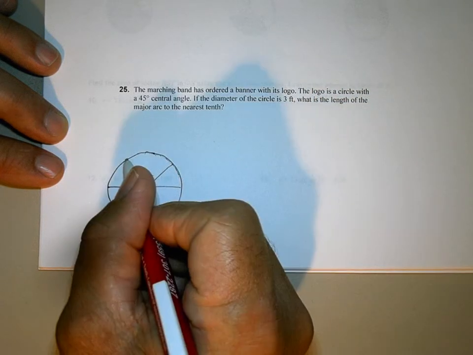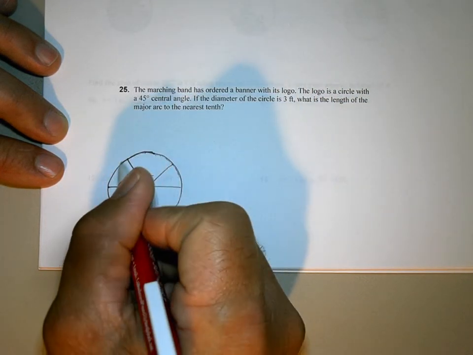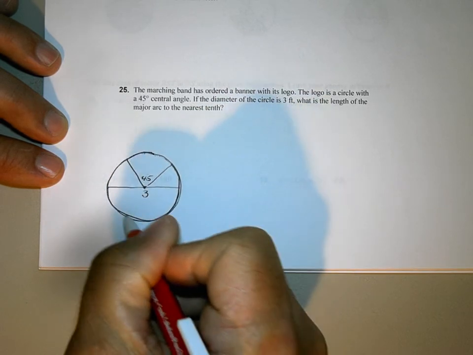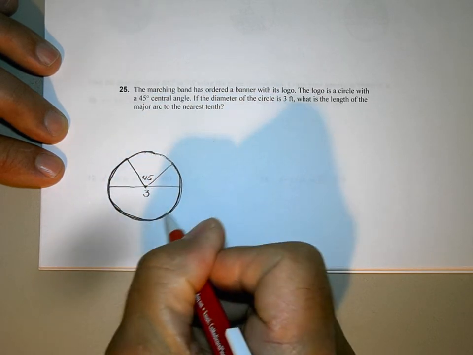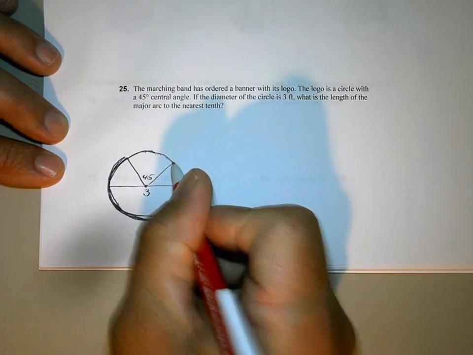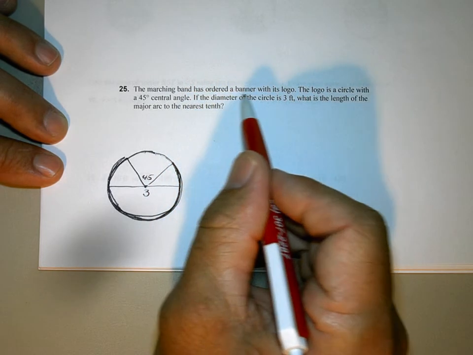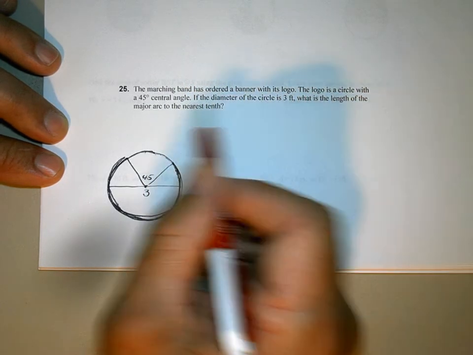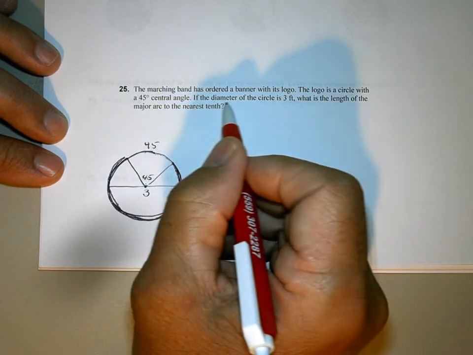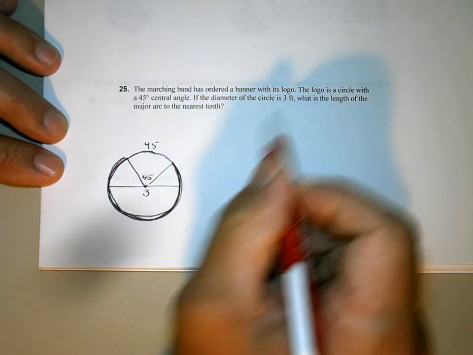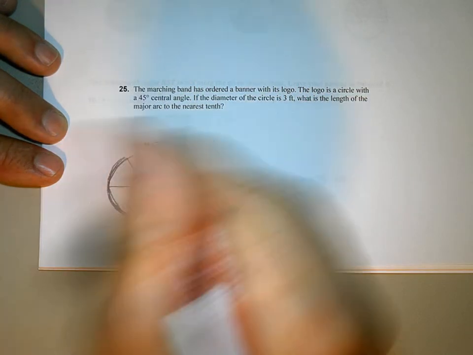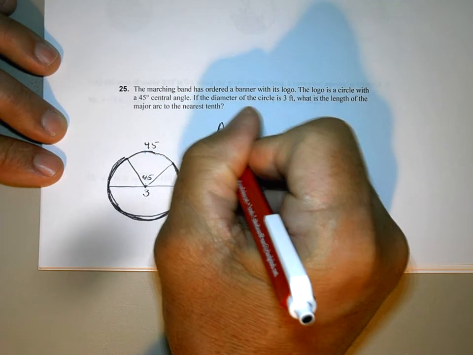So we want this length, right? Oh no, the major arc. So we want to go this way. The major arc, remember, is a long way around. Okay, so they want this distance here. The major arc. Okay, let's make that nice and dark so we remember. Marching band has ordered a banner with its logo. The logo is a circle with a 45-degree central angle, if the diameter of the circle is 3 feet, what is the length of the major arc to the nearest 1/10? Okay, so the arc length equals